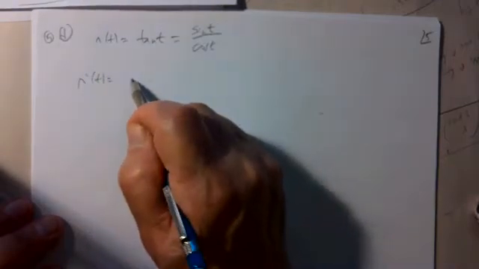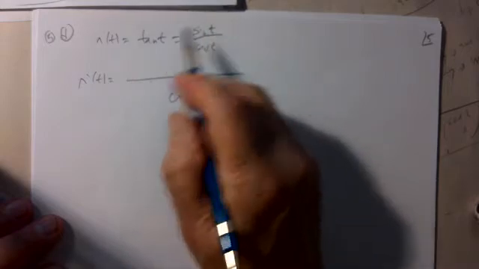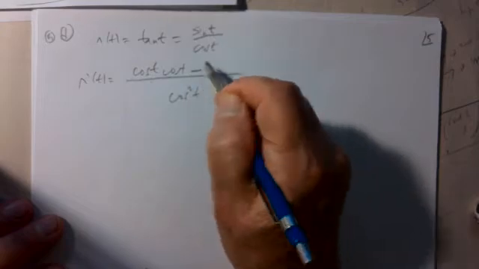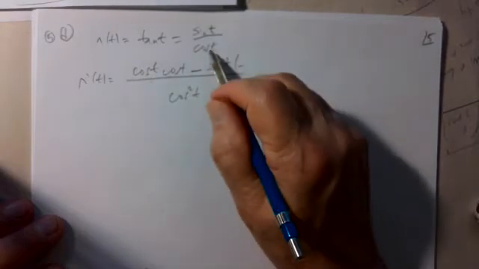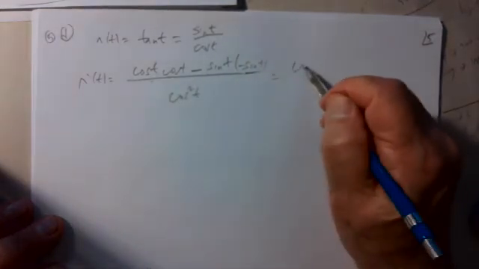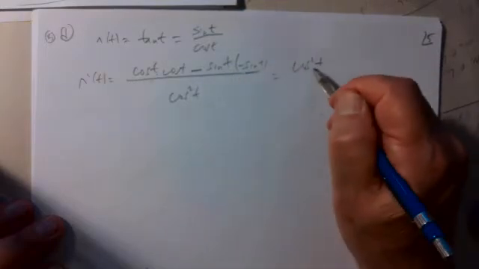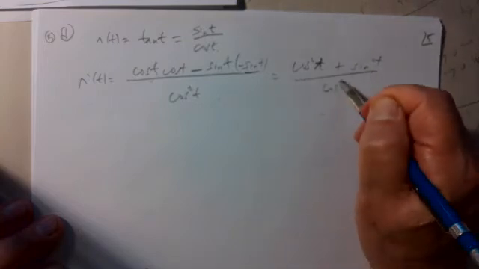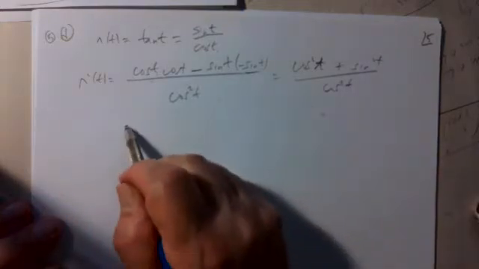R prime of t, you take the denominator and you square it. And on top, you have the derivative of the sine, which is the cosine, times the denominator, minus the numerator, times the derivative of the denominator. Derivative of the cosine is minus the sine. So what we have here is cosine squared t, minus times minus is plus, sine squared t